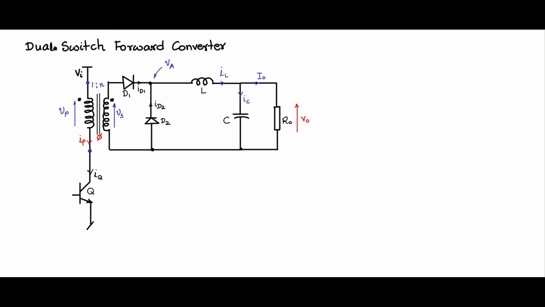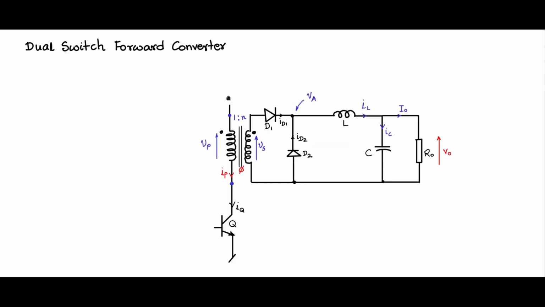So let me briefly describe the dual switch forward converter and explain to you how this lossless demagnetizing can be done. This is the circuit of a forward converter without any demagnetizing, without any core reset, and let us introduce core reset now. Let us remove the VCC for now, and then here I will introduce another switch, another BJT, and this is Vi. Let me call this Q1 and this is Q2.